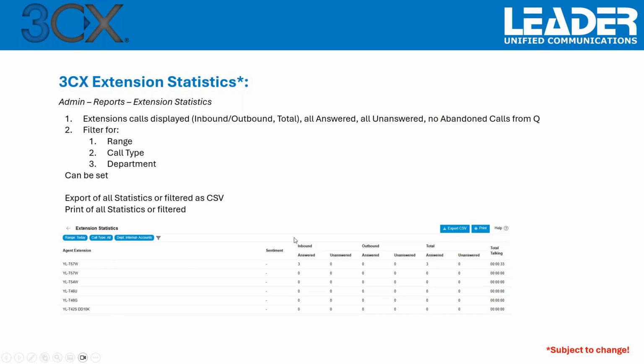We see here we have then the extensions. I chose the department internal accounts. Again, the sentiment of the call. So was the call quiet? Was it tense? These kind of things can be defined on the system. From that perspective, then